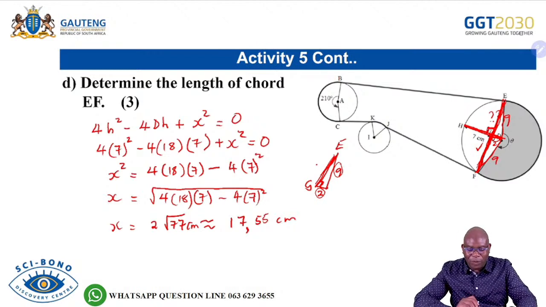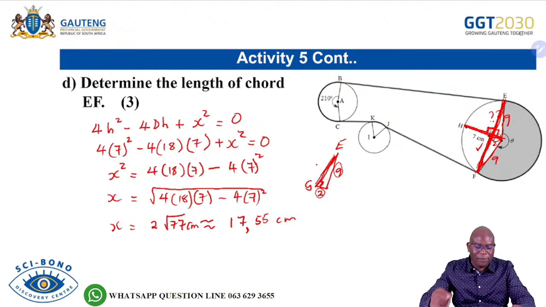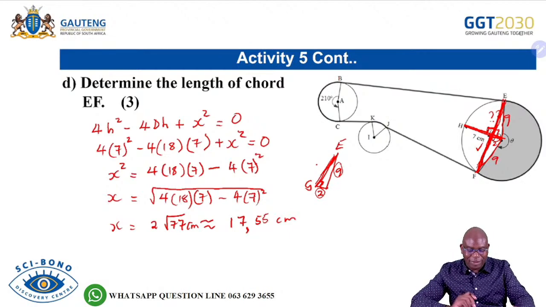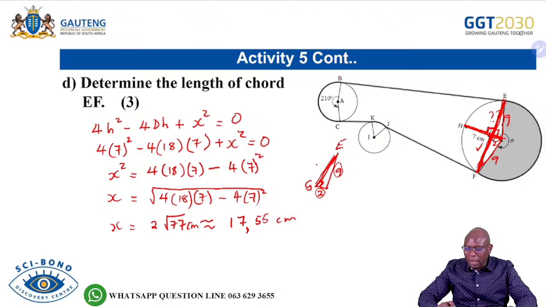Right, so you can then go and try it by using the theorem of Pythagoras to get that length. Remember, this is 9, get that length, and then you'll be able to get the length of EF. So many ways of doing it. All right. Okay, now,